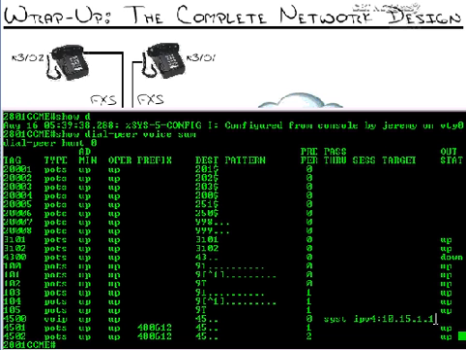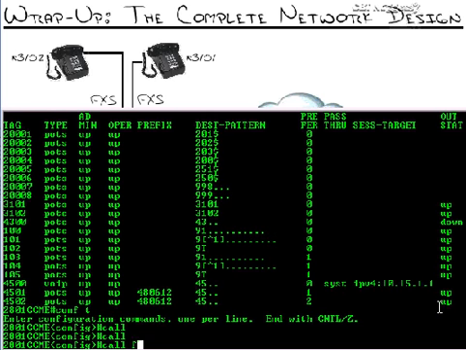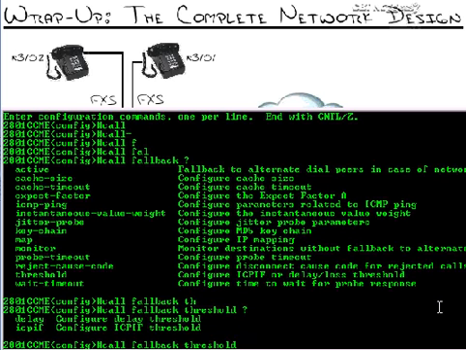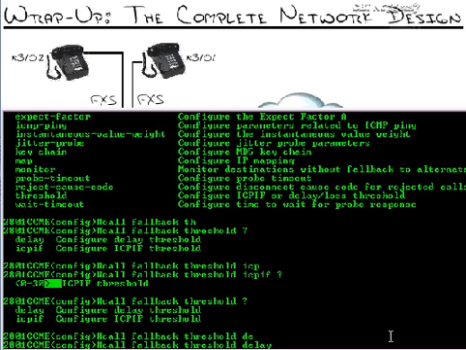Now let's set it up to where it will fail over if we go below a certain quality level. Let's go ahead and do global config mode, and I'm going to do a call fallback. There we go. Call fallback. I'm going to say the threshold. And instead of ICPF, which is kind of the mysterious one where you rely on the standards that be to say the call was good quality, let's do it a little more specific with our Cisco